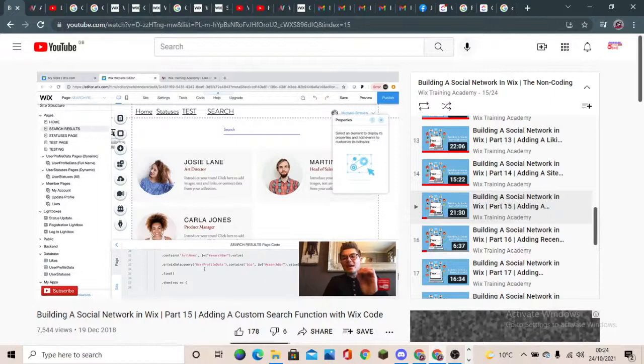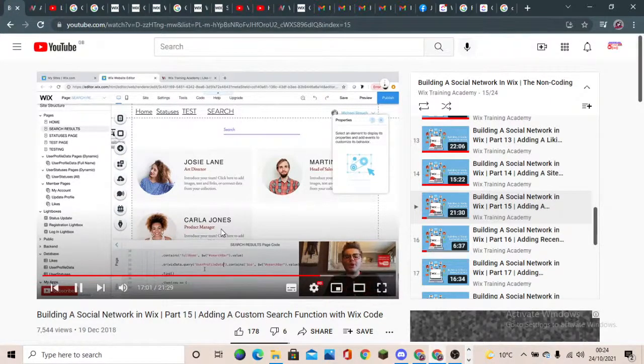So we want it to contain again. We don't want it to have to be an exact replication of someone's bio. We want it to contain any of the words you search for. So once again, we're querying the user profile database. Mine is called user profile data. So make sure when it comes to this point, you type in the name of that database that you're searching right here. .contains. If we went back to my data,